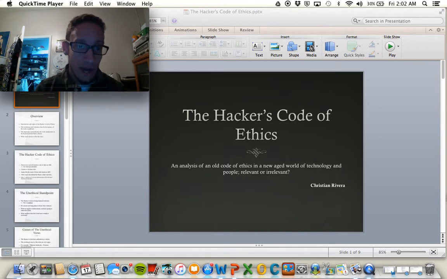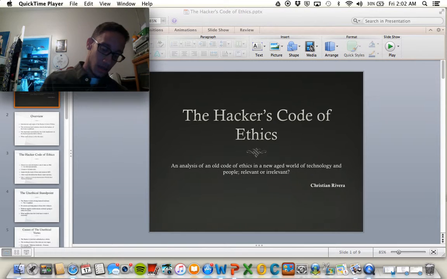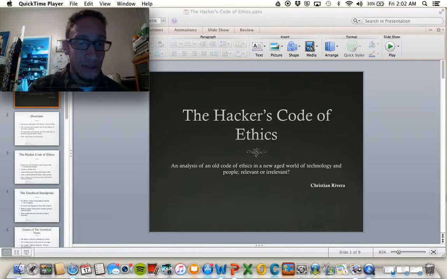The unethical action would be to not follow the principles within the hacker's code of ethics. Following or not following, depending on which action, would determine whether or not the code of ethics is relevant or irrelevant. The ethical standard that is being tested is the hacker's code itself.